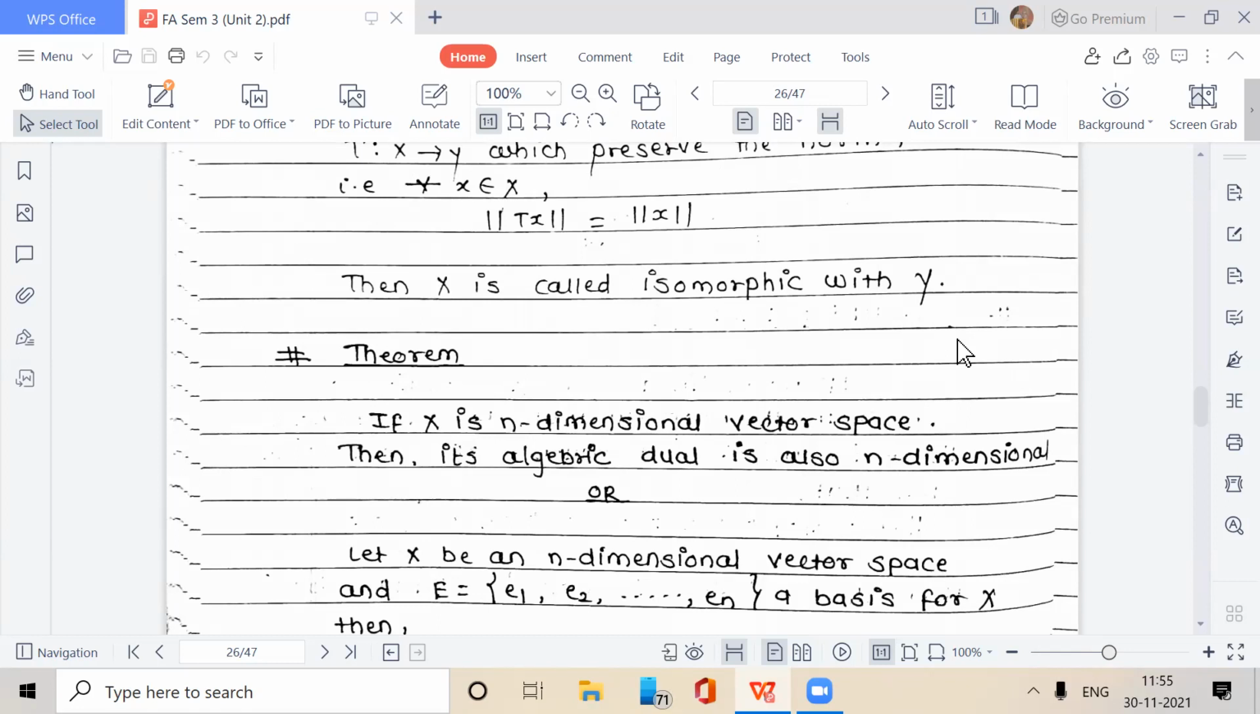Now we see the theorem. Let X be an n-dimensional vector space. Then its algebraic dual is also n-dimensional. If X is an n-dimensional vector space, then its algebraic dual is also n-dimensional. Or, let X be an n-dimensional vector space and E equal to E1 to En a basis for X, then